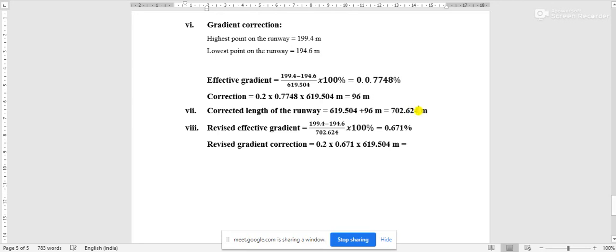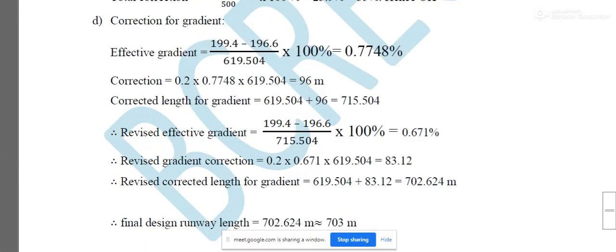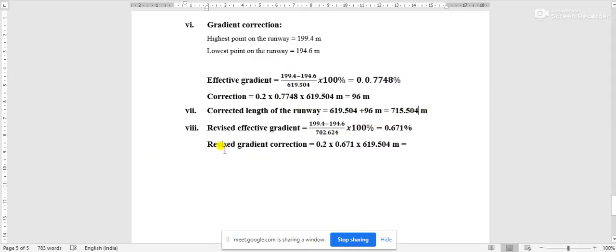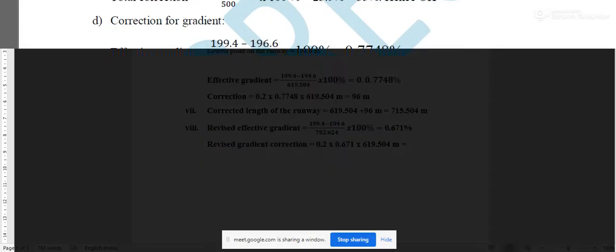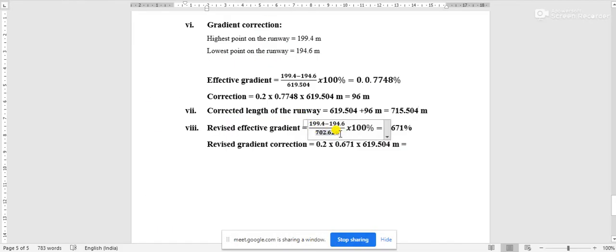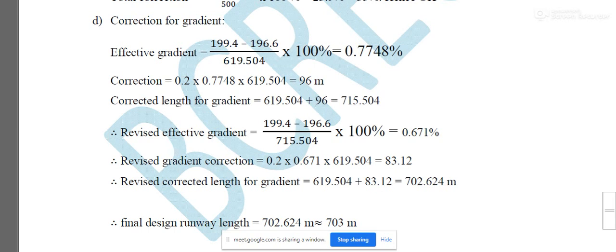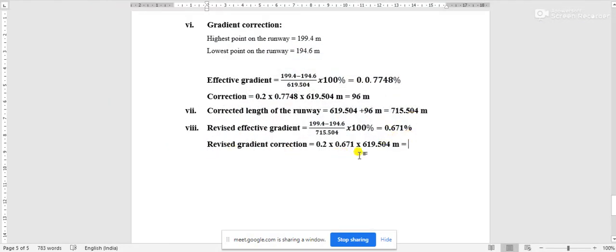And this one is 702.624 meter, and oh sorry, this is also wrong. Sorry, please check the calculations. Okay. After that, this was 0.671. Revised gradient correction is 83.12 meter,